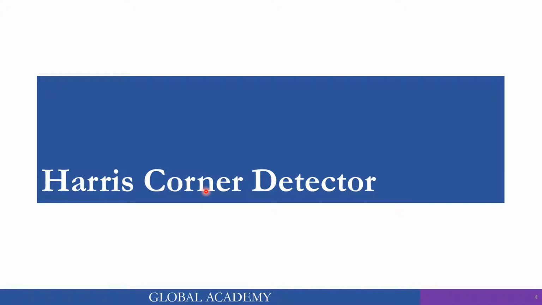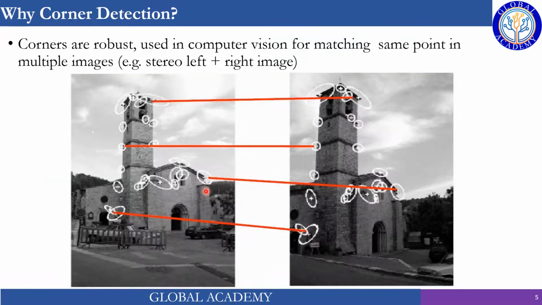So, the Harris corner detector. Remember, this topic is not included in the general digital image processing course and is not discussed in general, but we are discussing it as an example. We will not get into mathematical details, but we will discuss it just as an algorithm, based on our previous knowledge, I mean the derivatives along the x-axis and y-axis. So that's it.